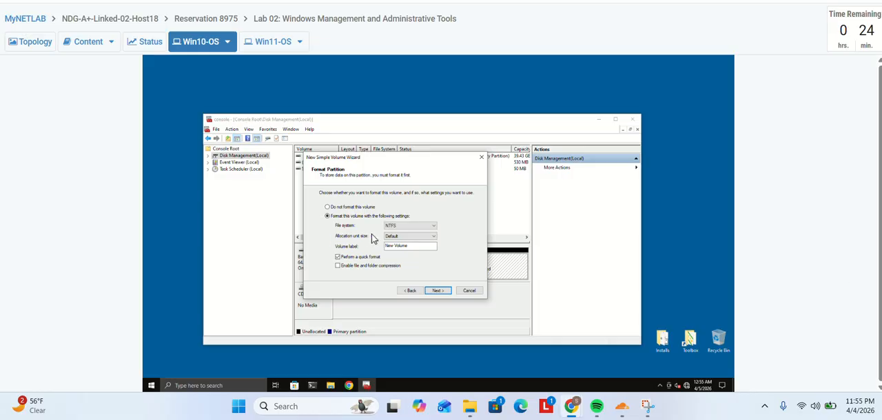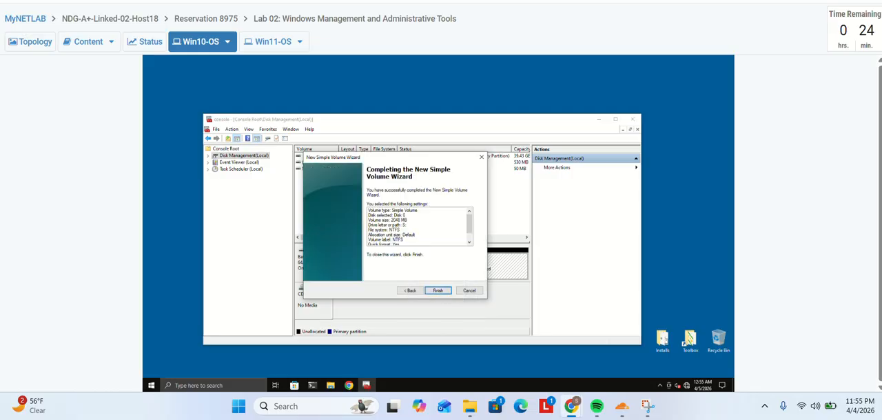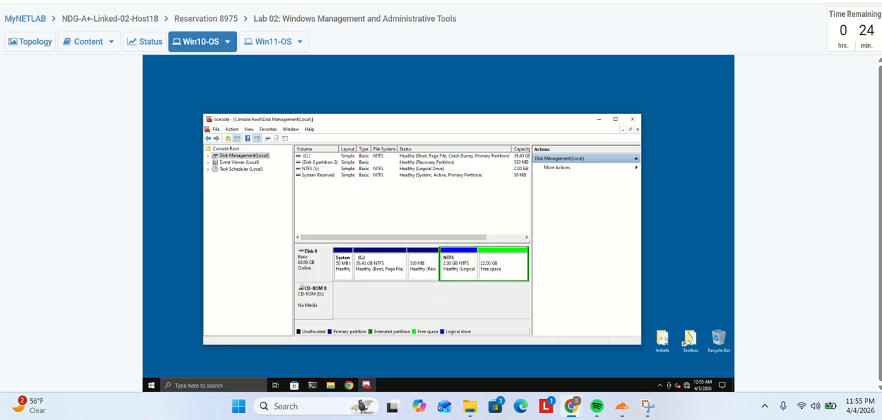and after that I have to confirm to format the volume with the following settings: NTFS default, and volume label should be NTFS, and after that I am clicking next button, and then I am reviewing everything, and it is correct, so I am clicking finish button, so I can see the new space being allotted, which is 22 GB,